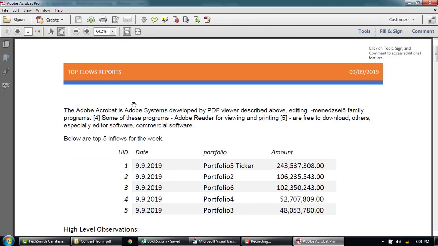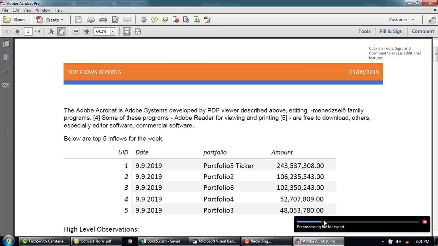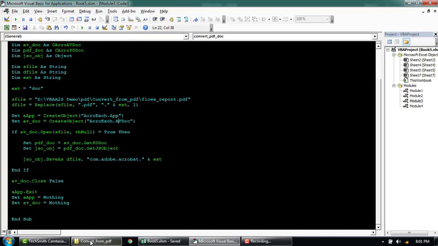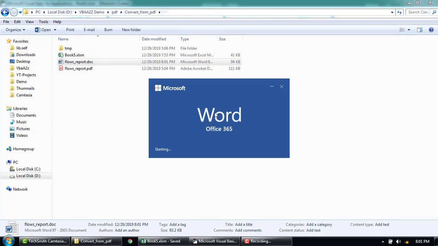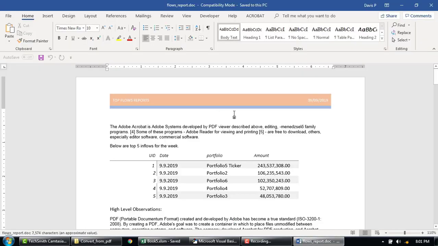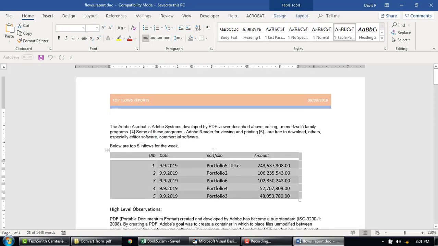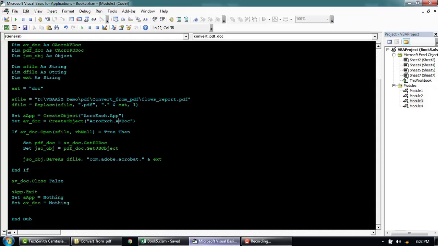Seems to be rendering, preparing the file for export. Okay, let's check the output. So it seems to work perfectly okay. It still has the table format intact. Now let's try for